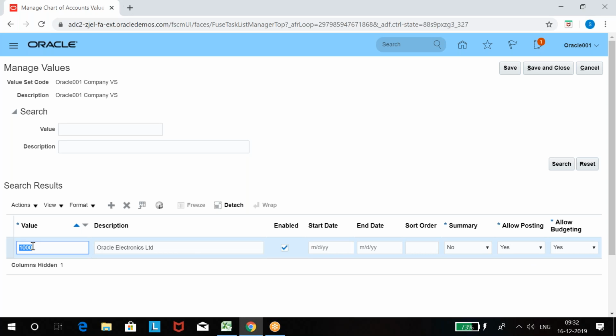I mean, every account you create has to post in the ledger. If you do not post, that will not come on the report. So every account we create, we post, and even this company is a part of accounts now. So yes, allow posting, yes, we post values, and allow budgeting, yes. What is this allow budgeting? What is budget?